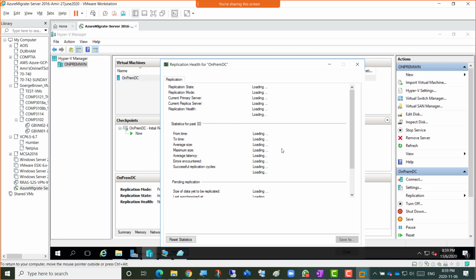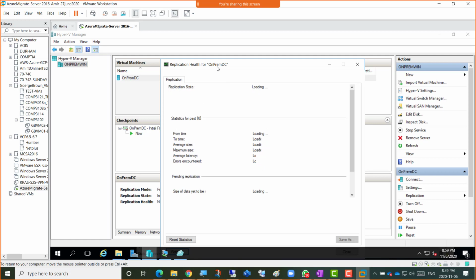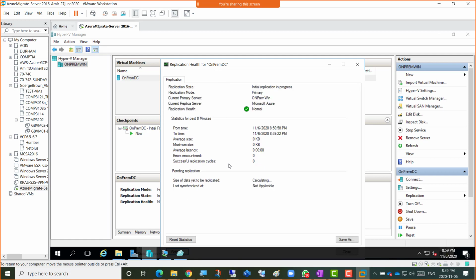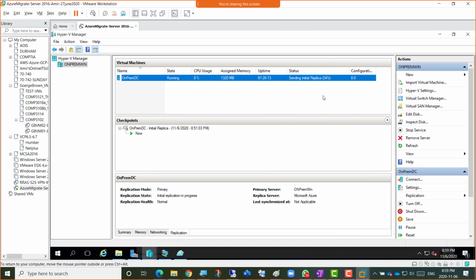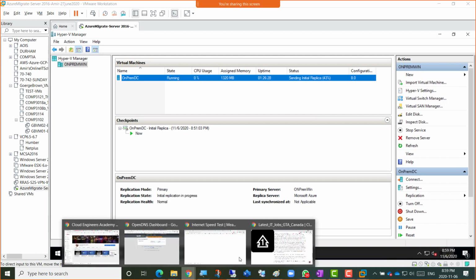Does it give me any progress here? Still loading. Size of data yet. On premises, Microsoft Azure, initial replication in progress. Okay, mine is still initial. Minimize this. And there is this sending initial replica 37% under status. 40% initial replica, 43%. So if we go back here,